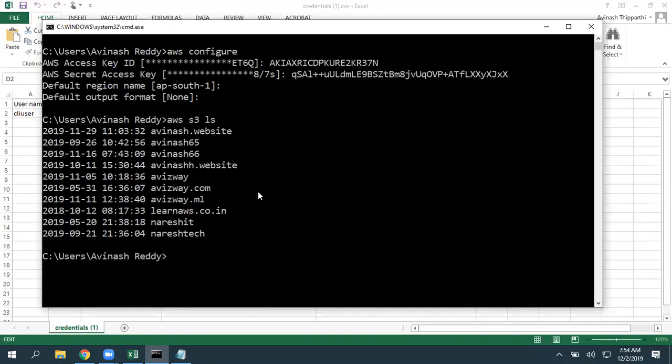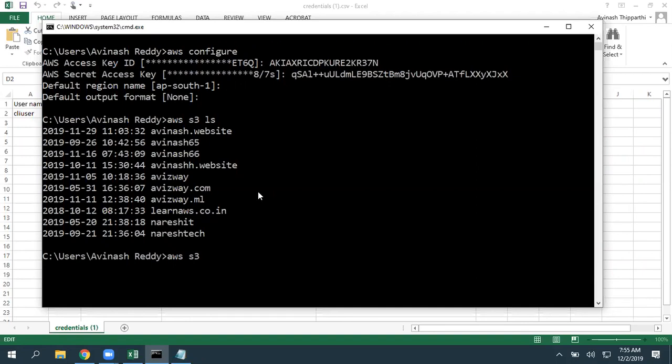If you want to go inside one particular bucket and view the objects inside it, the general syntax is: aws is the command to trigger AWS, then a space, then the service name. If you want IAM, iam; EC2, ec2; S3, s3.